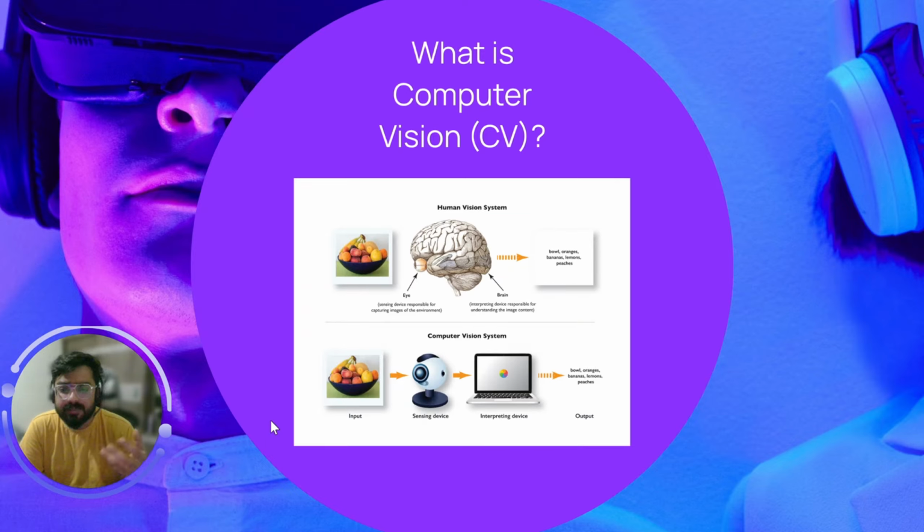Here are some technical components involved. Currently, you can see how a human brain works and how a sensing device enables the computer to see these input images. But to interpret these images, we need a certain algorithm to do so. How we do that, we will explore in this course.